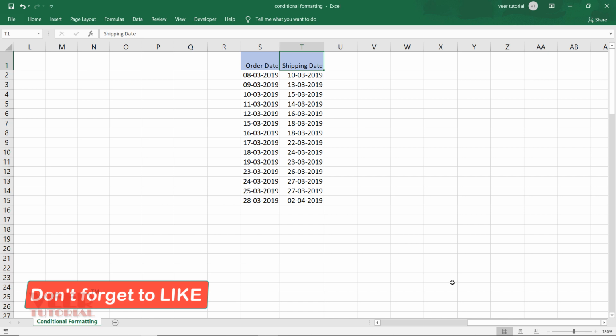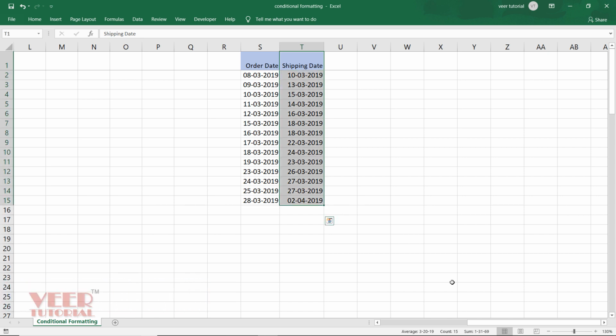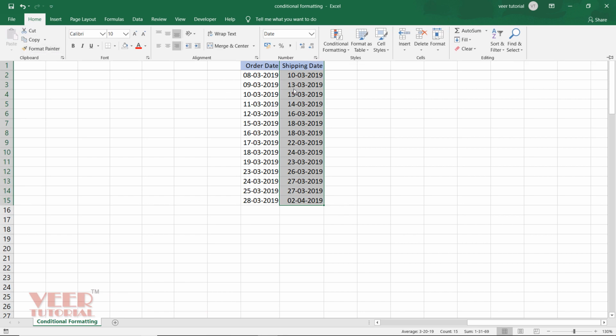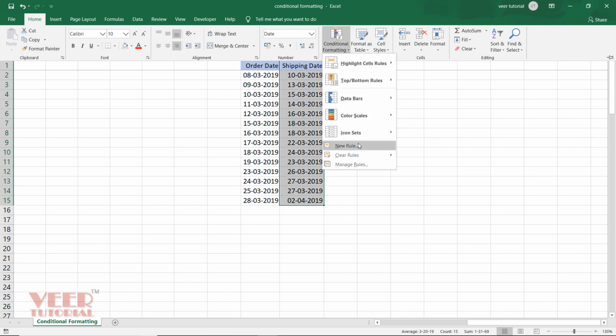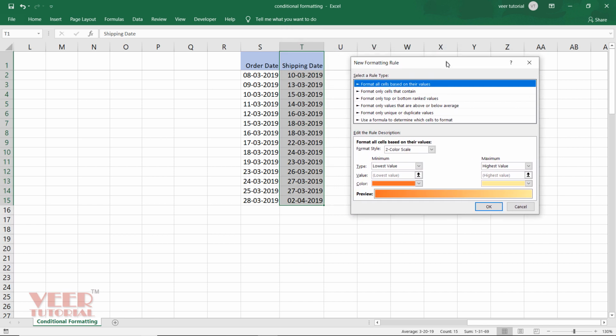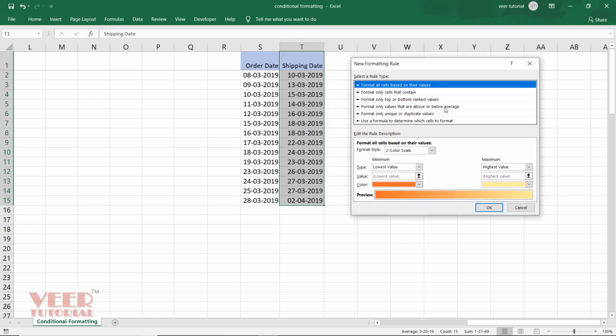So I will select this shipping date and then I'll come to home. I'll select the conditional formatting and then we will assign a new rule and move it a little bit on the right side.